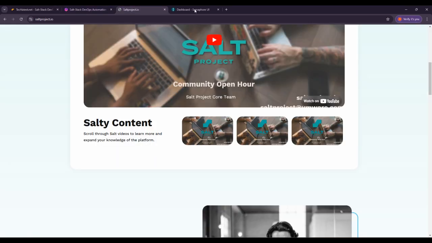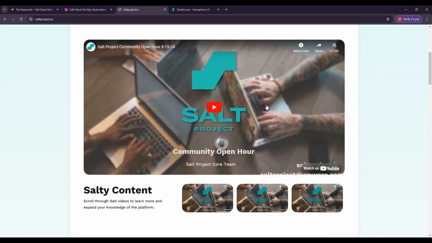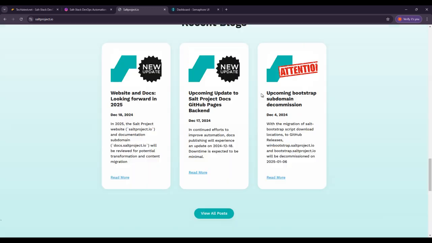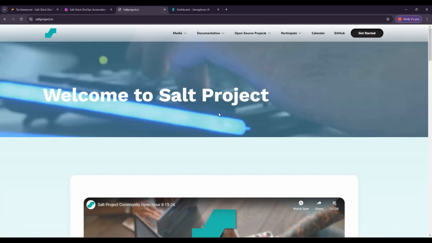You can also check saltstackproject.io. Here you can see about SaltStack and other things. Okay, so let's start with the basic SaltStack introduction. SaltStack is often simply referred to as Salt. It is a configuration management and orchestration tool that allows a system administrator to automate the deployment and management of